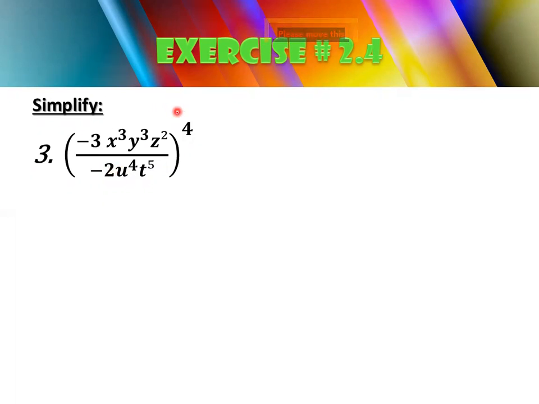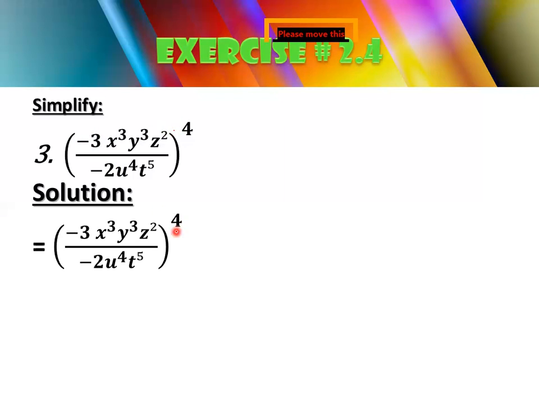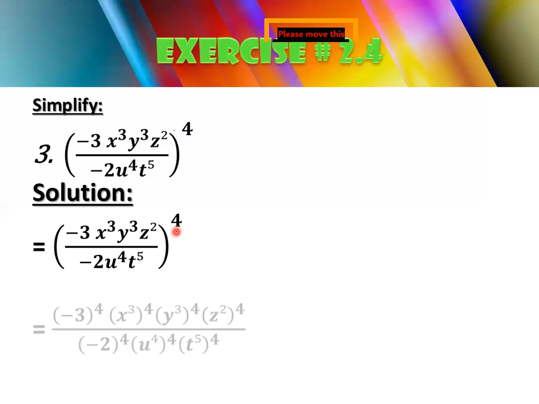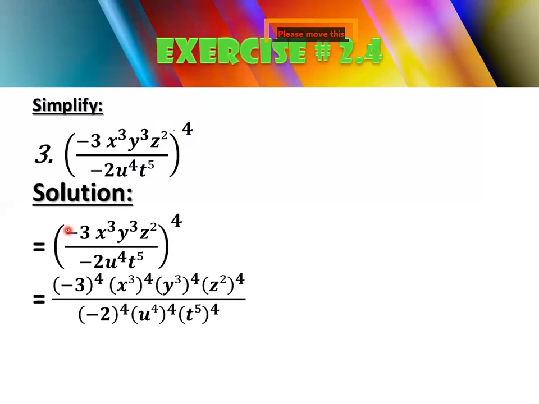In the previous question, the exponent was negative. Here your bases are negative, so minus minus will cancel together. As you can see, 3 and 2 cannot be reduced, so what you are going to do is simply give this 4 to each and every number that is written here, just like this. You will simply write minus 3